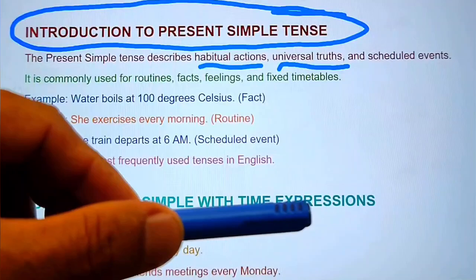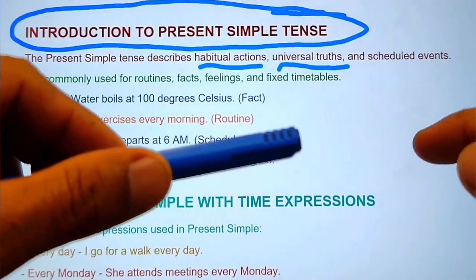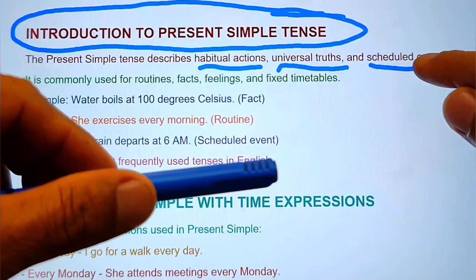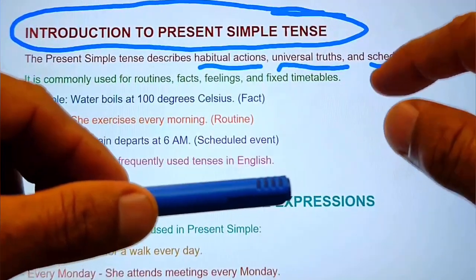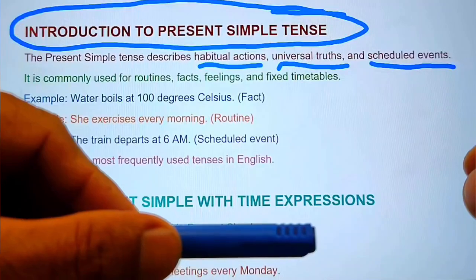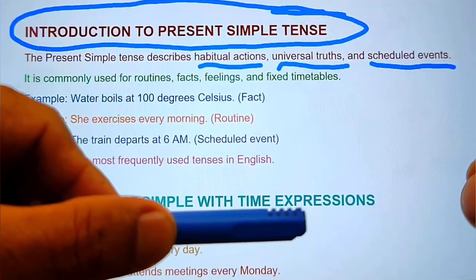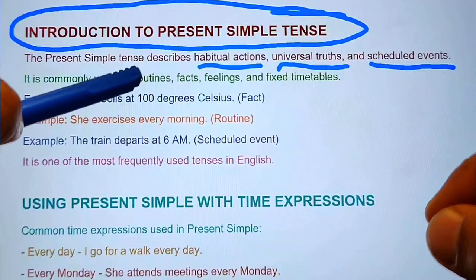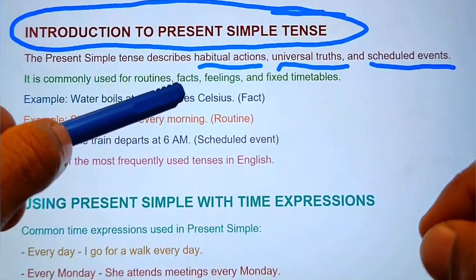This is a universal truth. We use it as well for a scheduled event, an event that is scheduled, like we are going to the concert on Sunday, and it is commonly used for routine, facts,